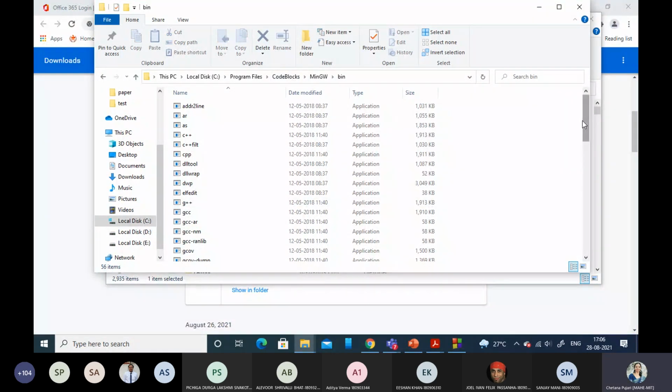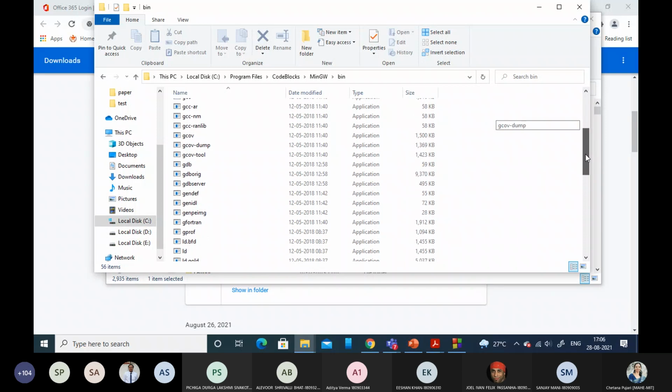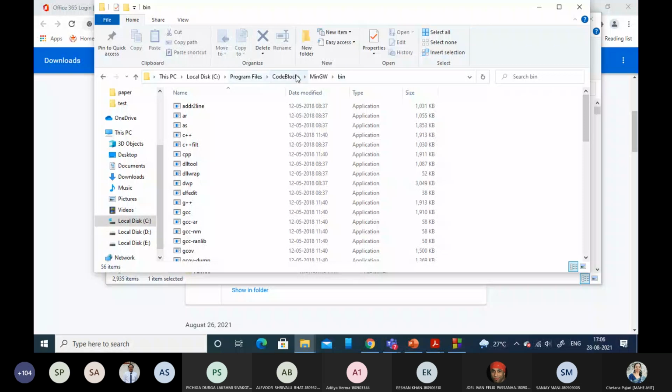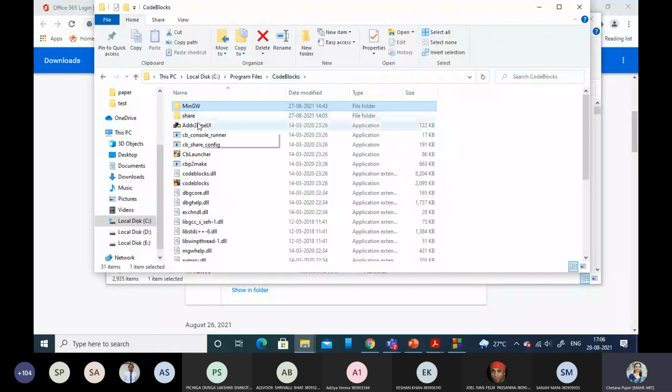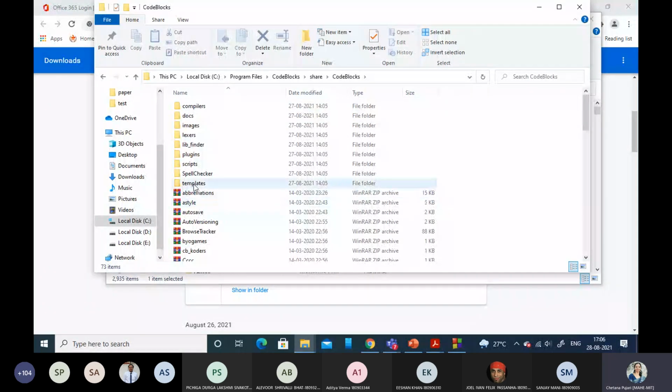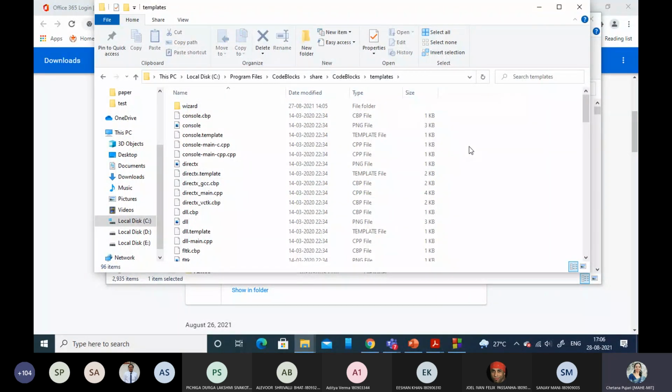in Code::Blocks, go to share. So it is just a matter of where you are storing your files. For a few, you can copy them as they are, and for a few you have to copy from the x64 folder. Even I faced the same issue. Initially I copied the file as it is and pasted, and I referred to a few videos, but it was not working. Then I referred to the latest video which I shared with you, where they copy from x64 and copy it to a similar folder in Code::Blocks as well.